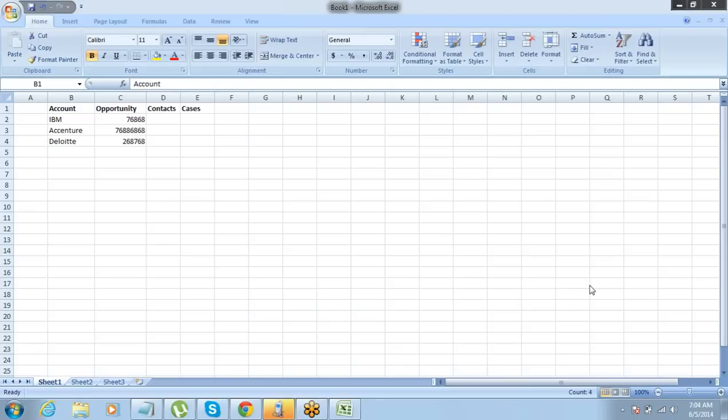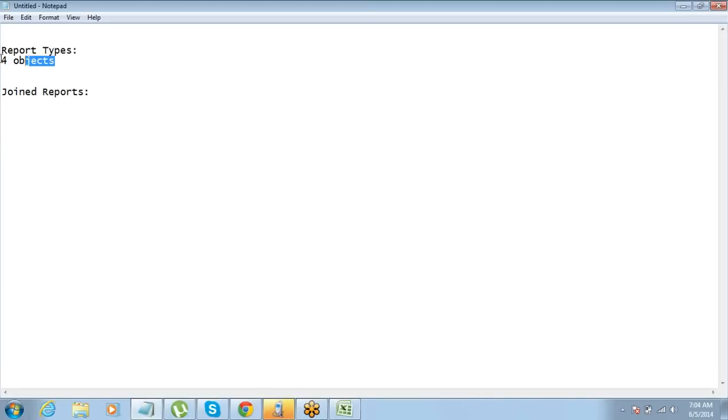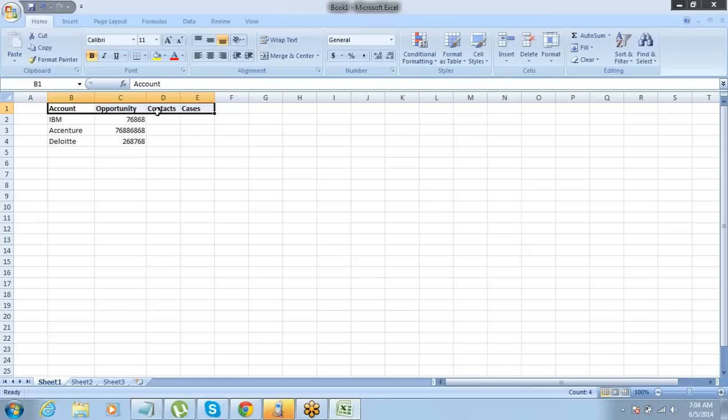Okay. Tejasvi says, I don't think it works in the same report type. Fine. Let me go back to what I just said a few minutes back. You can have up to four objects which are in a linear hierarchy. These four objects are not in a linear hierarchy. Opportunity is a child of account. Contact is a child of opportunity or account. Contact is also a child of account. Cases is also a child of account. Right? So that is the thing.